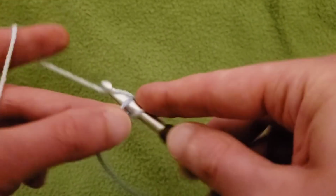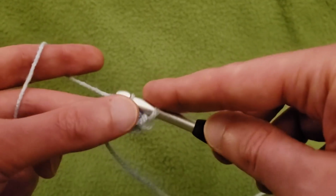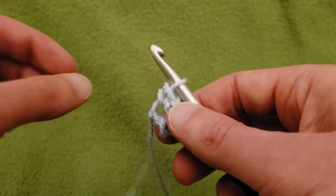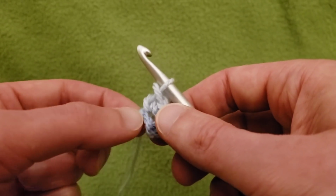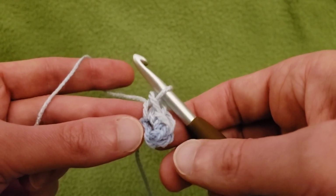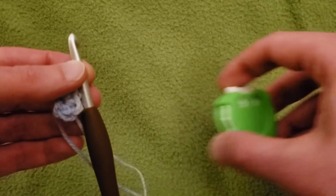1, 2, and 3. Now there's really no need to do a magic ring method because it's just the 3 stitches right there. And yeah, believe it or not, that is the end of row 1. So then for row 2,